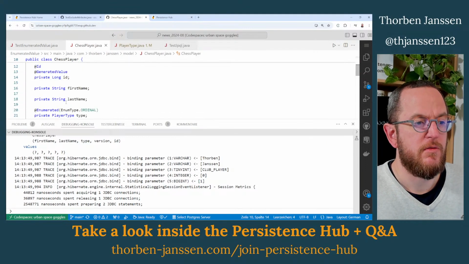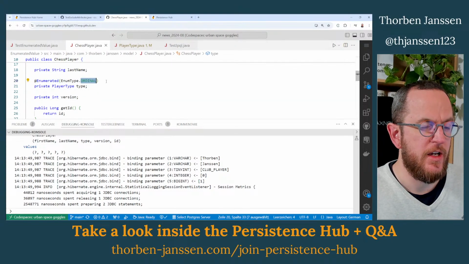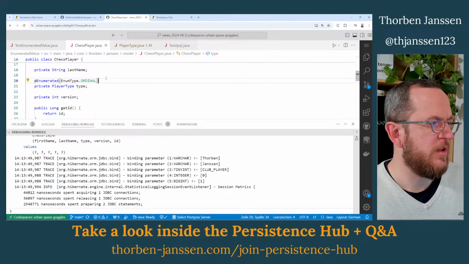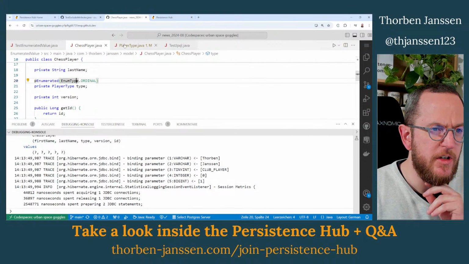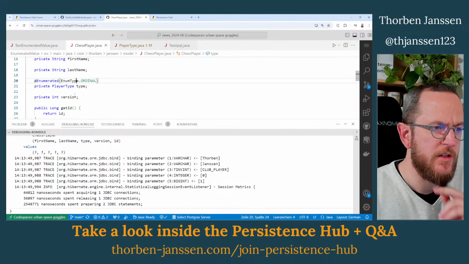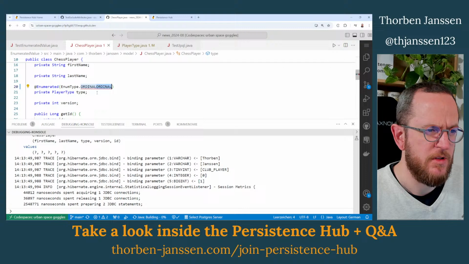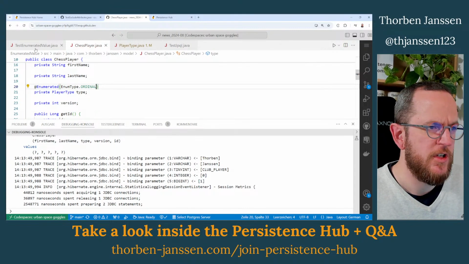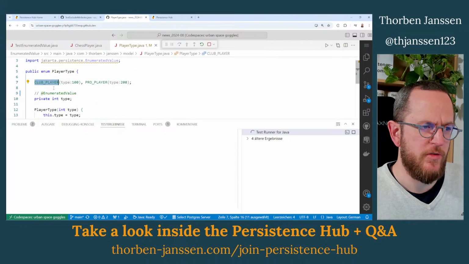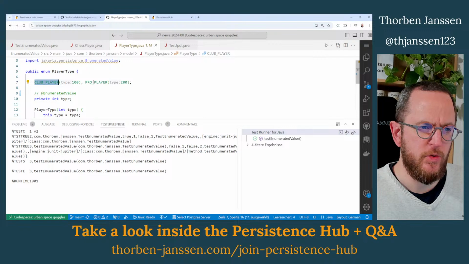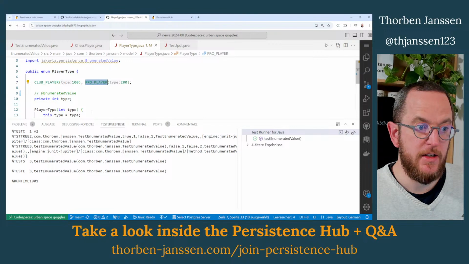So you could, of course, go here and add the enumerated annotation with enum type. Let me check. Why didn't it pick up that enum type? So with ordinal, it should actually use the position information. That means tab player is mapped to 0, pro player is mapped to 1, and the next value that you add here is mapped to 2.